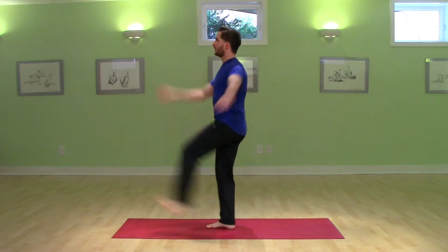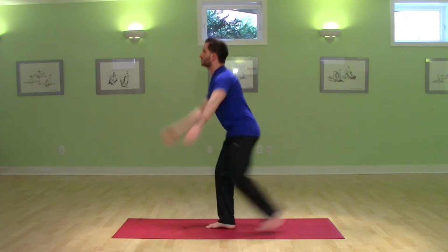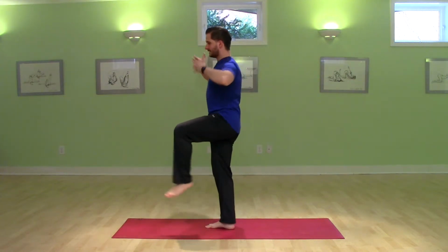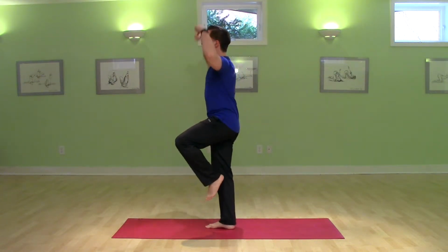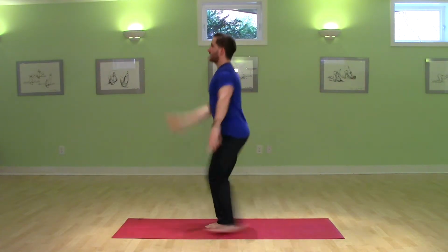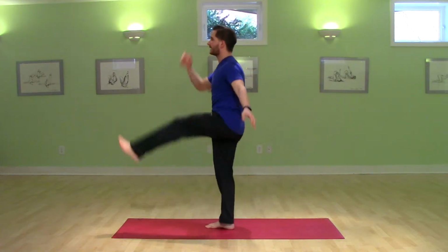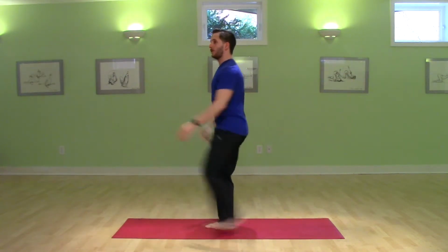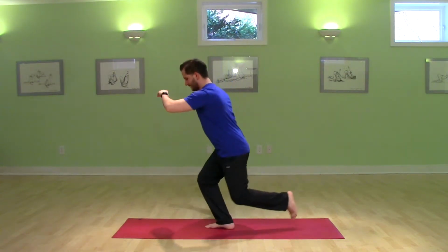What's important to note here is that you're not thinking about swinging your whole body back and forward. You're actually staying on top of the standing leg and sitting down as this leg goes back. So you kind of have an up and down movement with the body. And the standing leg is doing a little squat the whole time. So you're going bend, up,